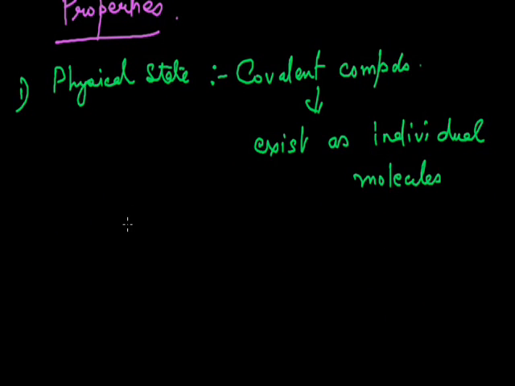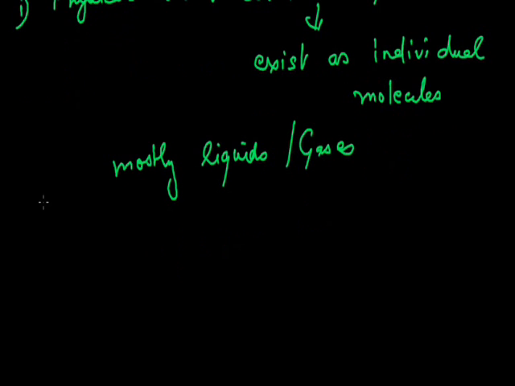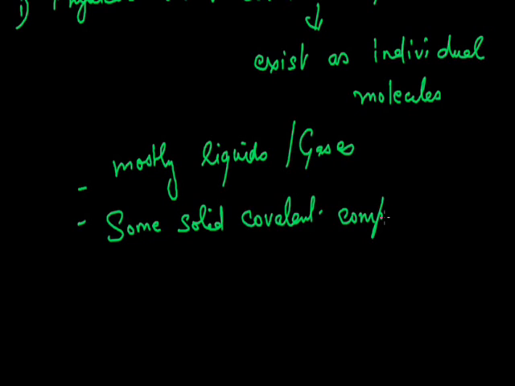Unlike ionic compounds, which are solid in nature, mostly covalent compounds are liquids or gases. Some solid covalent compounds are urea, sugar,